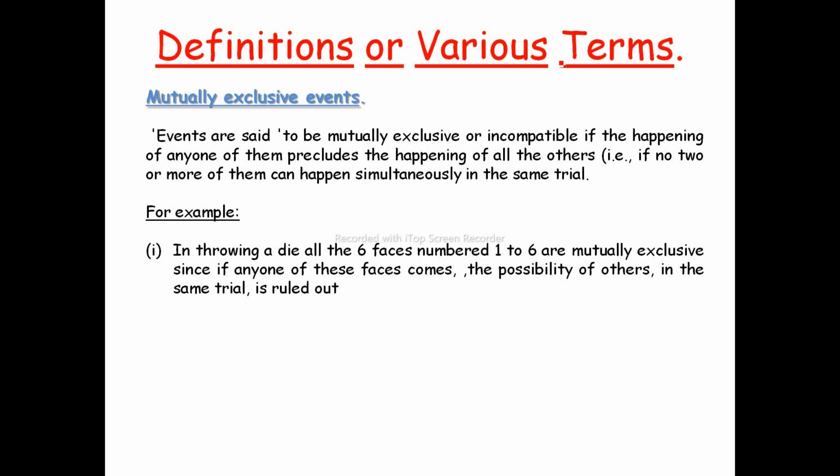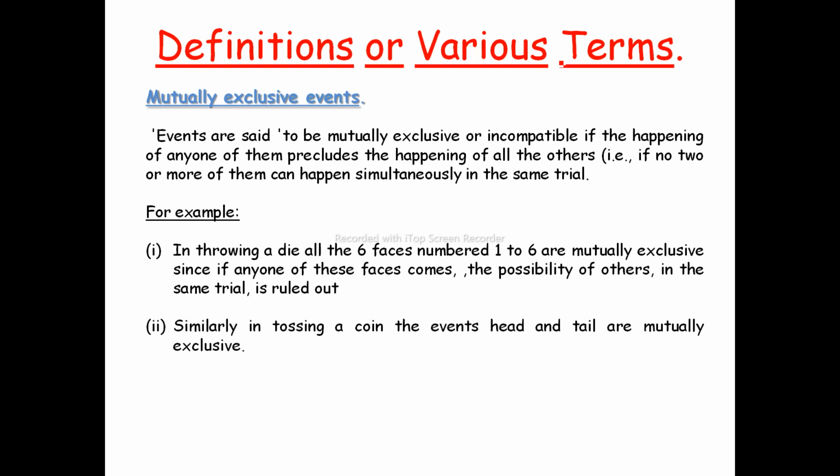So, one time you have thrown a die, and after throwing a die, suppose 1 came. So 1 came means 2 has not come, 3 has not come, 4, 5, 6 have not come. In a single trial only one event is the outcome. When you are throwing a die, only one has come, and if one has come, there is no chance of 2, 3, 4, 5, and 6 in that trial. If you throw another time, there is a possibility that other numbers may come, but in a single trial only one can come.